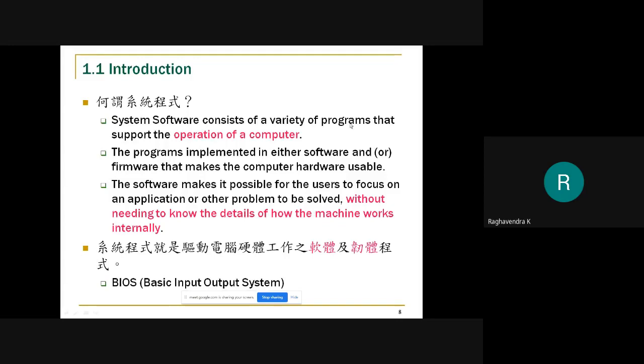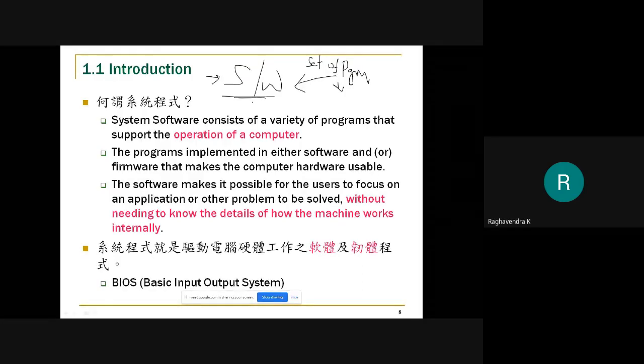Of course, the first thing that we are supposed to know is what exactly a software is, for those who are new to the class. We first need to understand what a software is because we are studying system software in the first place. So what do you mean by a software? I believe everybody will answer the same thing: software is basically a set or a collection of programs. Correct? We use this set of programs to accomplish a particular task or to solve a particular problem. So that's what a software is.